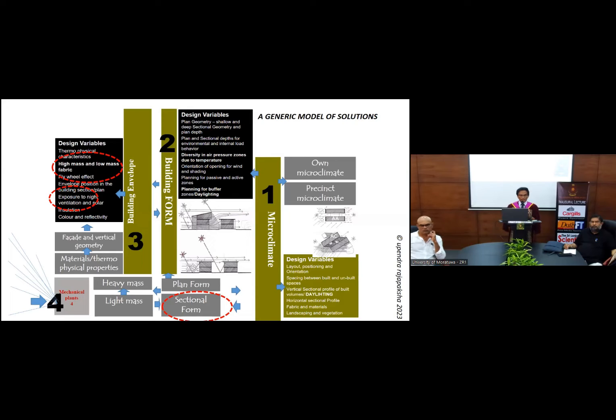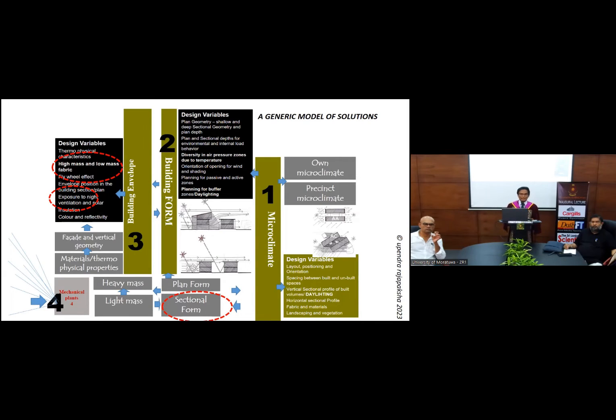So its microclimate is very hot, but you can simply modify that form, keeping the same form with the courtyard, change the orientation slightly and change the form slightly and create more shading from the building itself. So like that, there are many strategies. We can think about daylight as well.